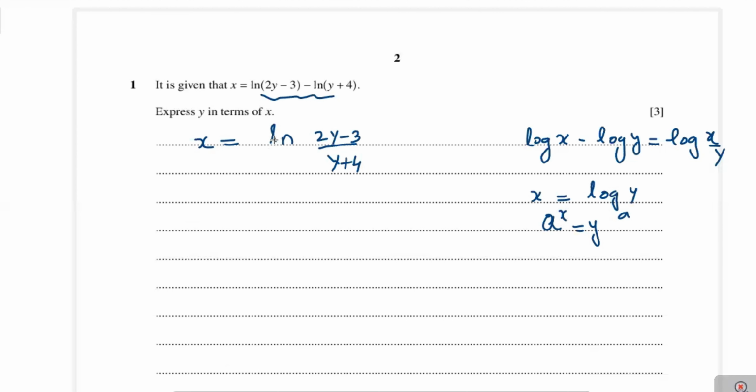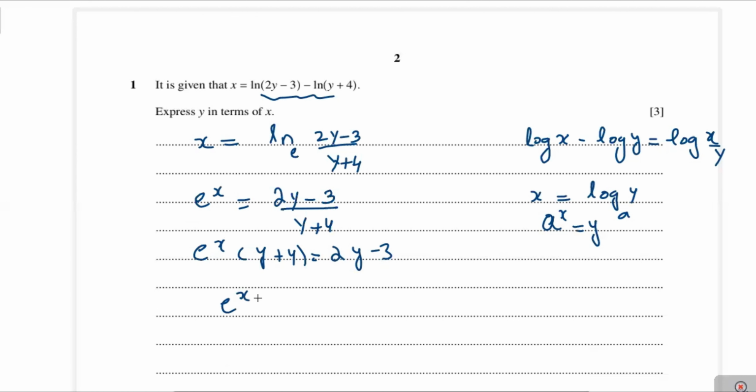Now the base of ln is e. Therefore we can write it as e power x equal to (2y minus 3) over (y plus 4). And we shift the y plus 4 from the right to the left side. Now we multiply e power x by y plus 4, that is equal to 2y minus 3, and we can write it as y into e power x